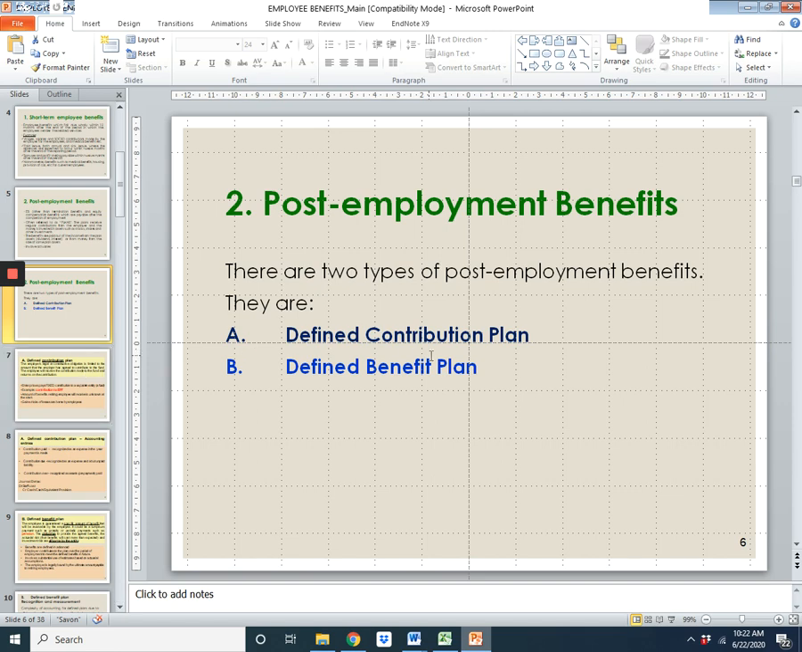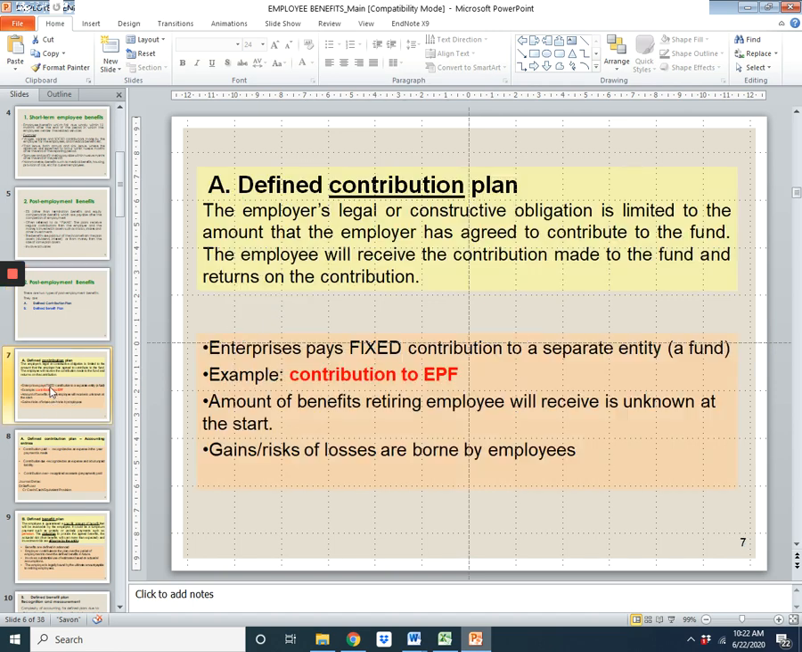One is defined contribution plan. The other one is defined benefit plan. Okay, what is defined contribution plan? Defined contribution plan is where the employer's legal or constructive obligation is limited to the amount that the employer agrees to contribute to the fund. Okay, an easy example is